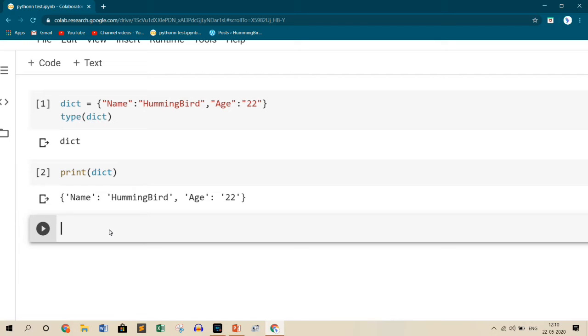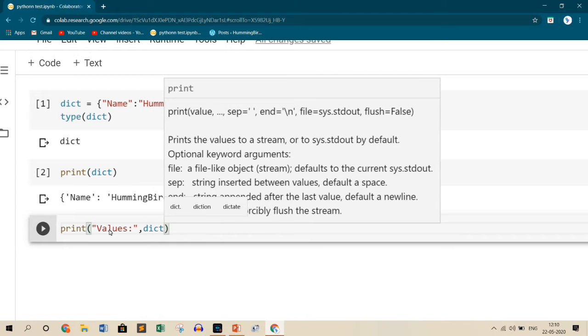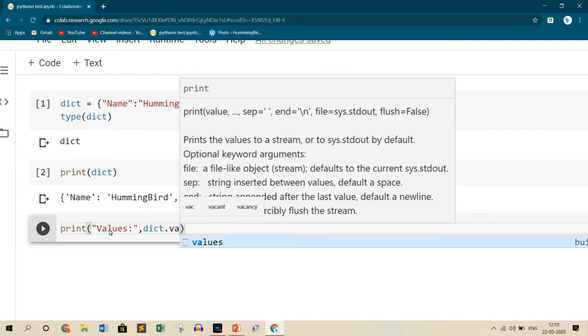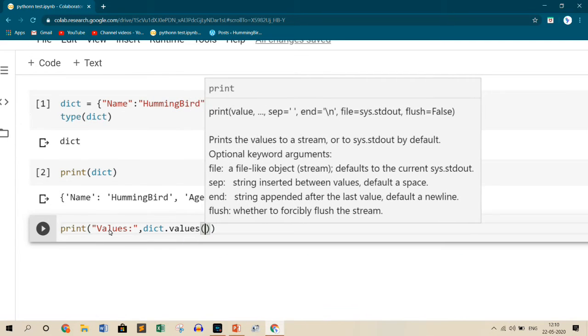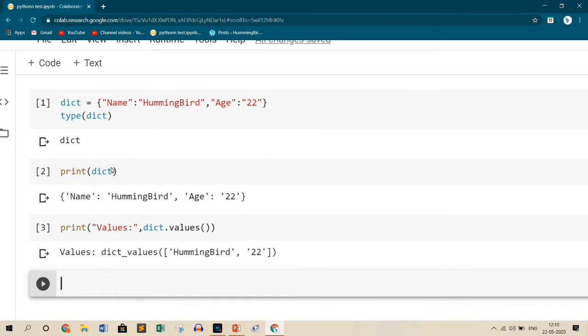If I just want to print the values inside the dictionary, what I can do is write print values, and then call dict dot values. So it will just print all the values inside the dictionary.